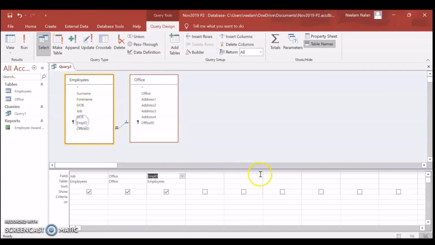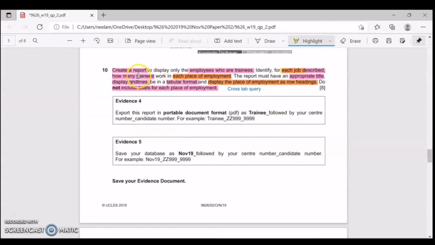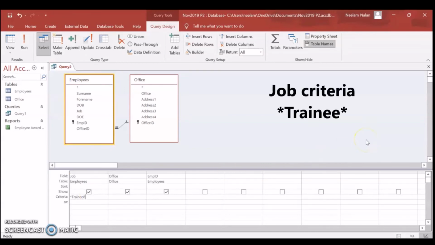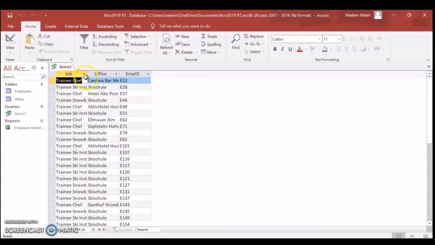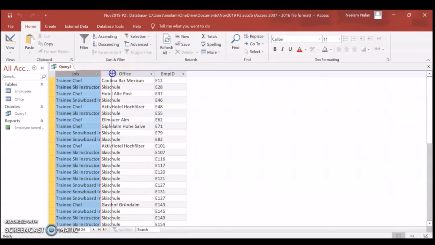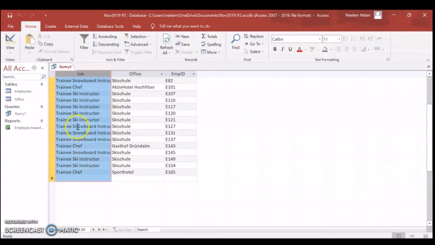So we'll take employee ID, which we are going to query for counting. The job criteria is trainee, so we are going to write asterisk, trainee asterisk. Run the query. Cross check the data.